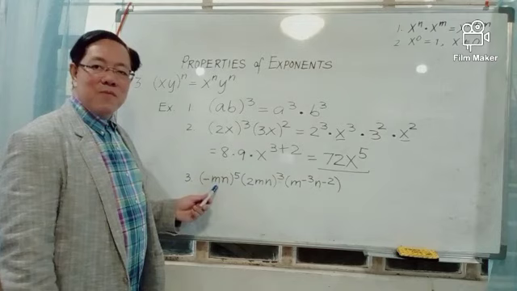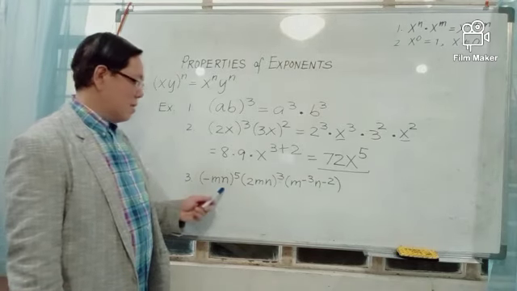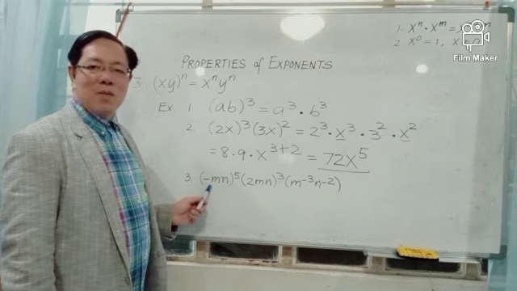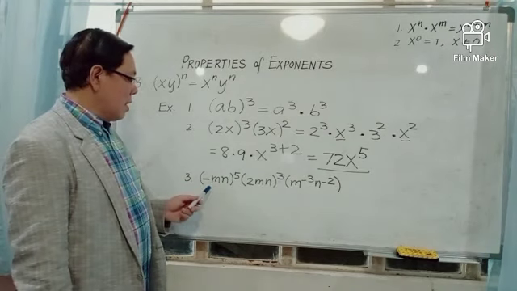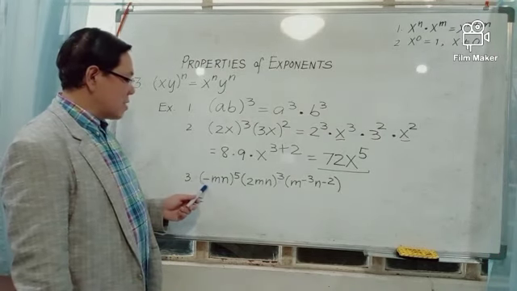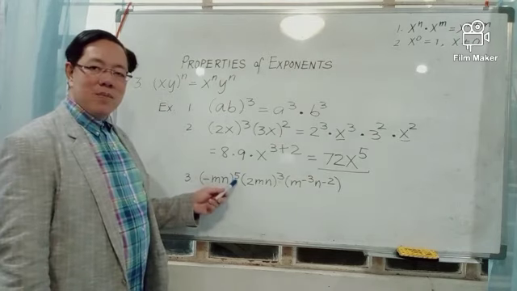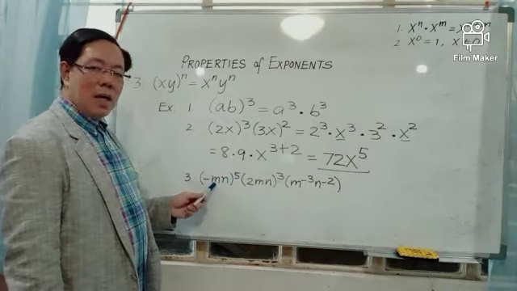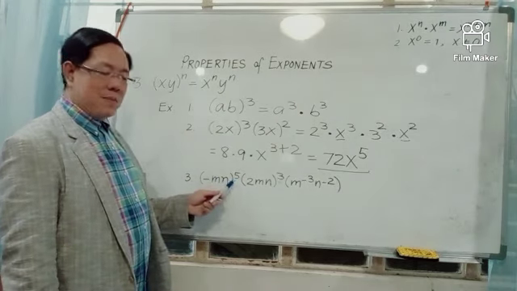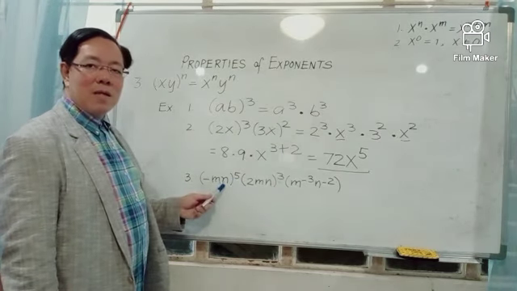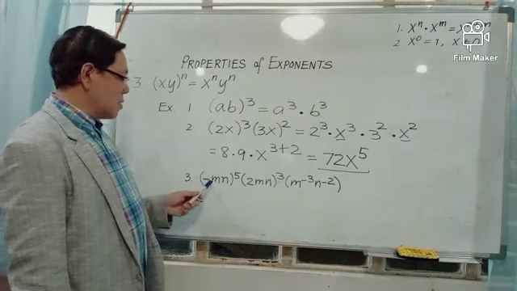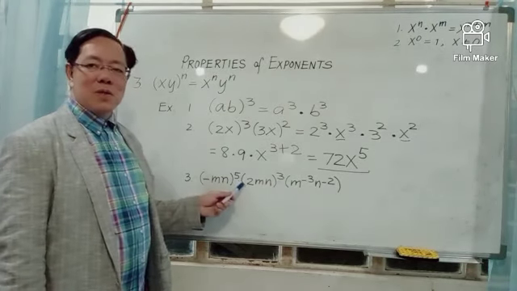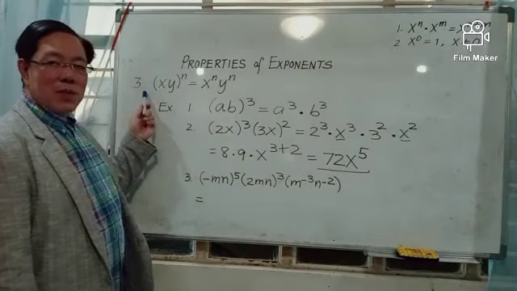The numerical coefficient of mn here is negative, but it's actually negative 1. And to raise negative mn to 5, you raise negative 1 to 5, m raised to 5, and n raised to 5. Raise each of these factors to 5 by the third property